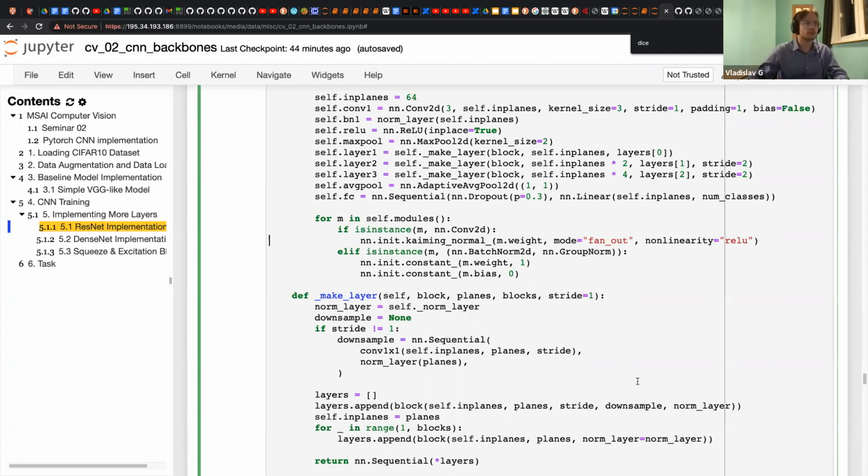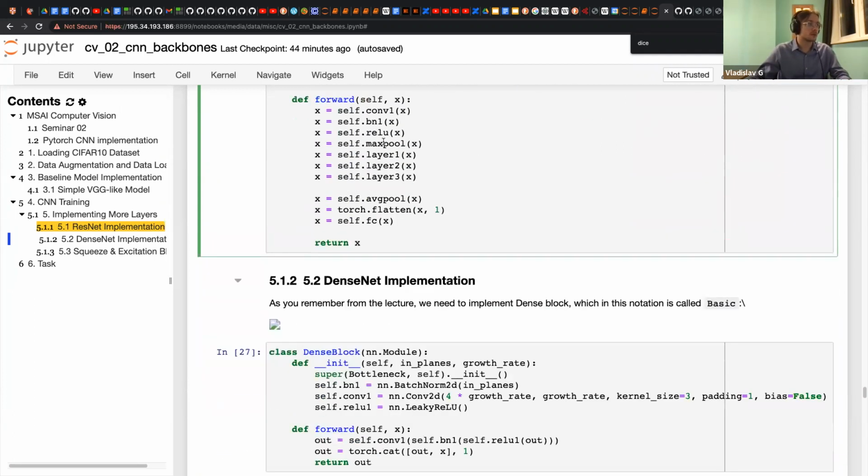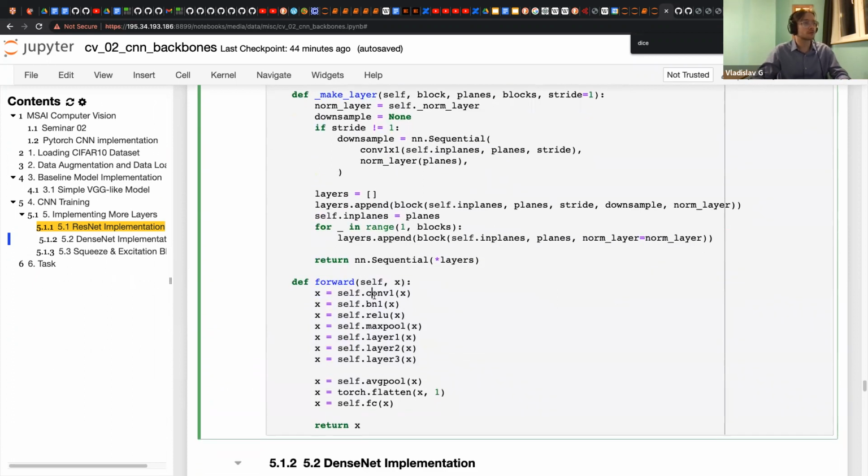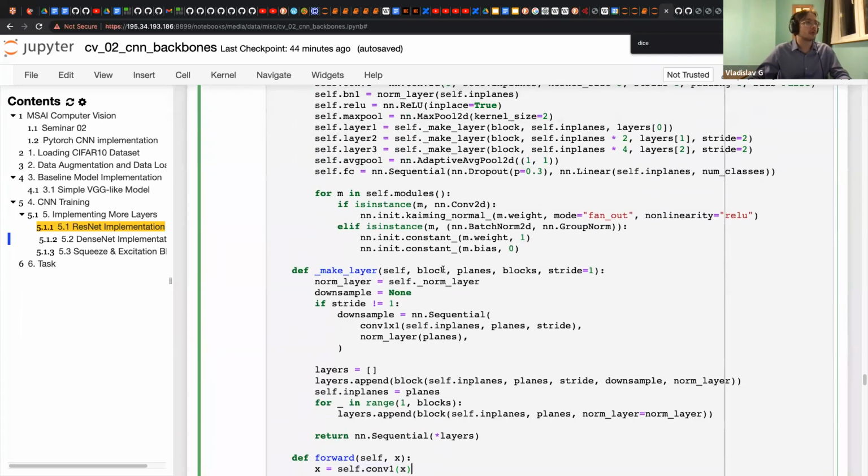If you are not a researcher in this field, don't bother yourself. Then forward is just where we apply every layer sequentially. I usually prefer to put this into an nn.Sequential at the end.